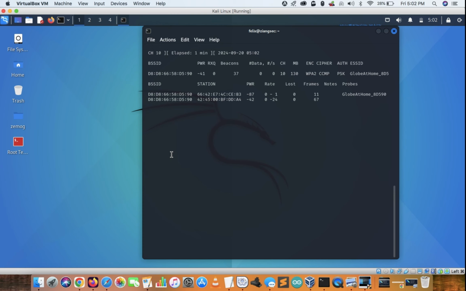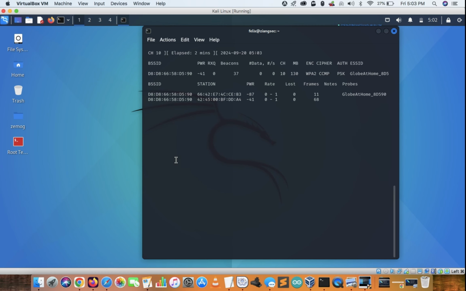Now, there is another command that will force the device, let's say my phone, to be disconnected from the AP. And once it is disconnected, it will try to reconnect. And during the reconnection, there's a chance that Airodump-ng will be able to capture the handshake.